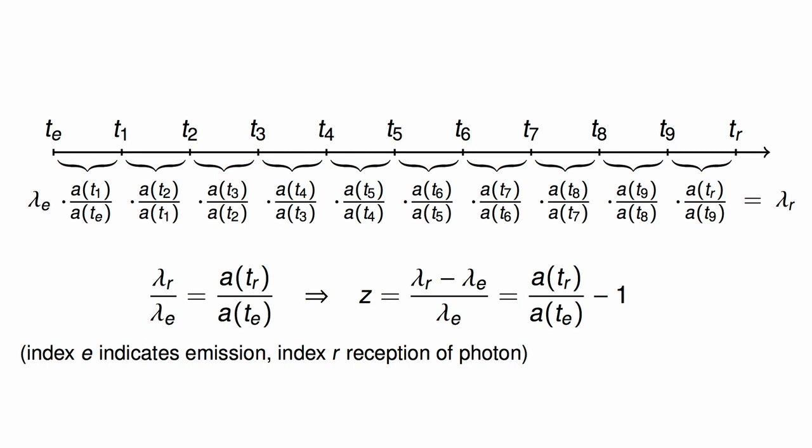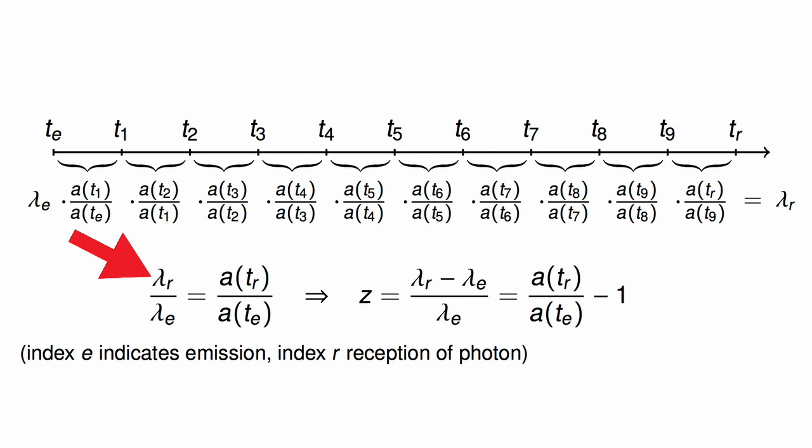So now we can say how it changes from here to here. In this way, from here to here, this additional factor, this additional factor, this additional factor. And I've just written out 9 of these different times, so plus emission and reception time. We can make this arbitrarily small, and then these regions where we apply our local knowledge will become arbitrarily small as well. But as you see, this is very nice, because this here just goes away. These two in the numerator, denominator, these all go away. And the only thing that is left is that the